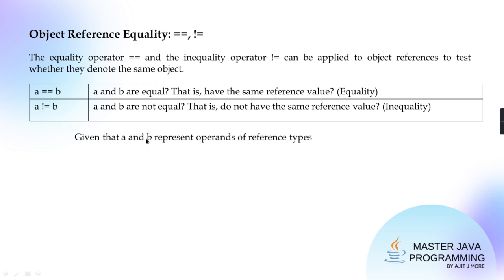Okay? And strictly here A and B are supposed to be reference type. Reference type means class variables, user defined data type, not primitive. Always remember in Java, those which are not primitive, they are reference type. That's simple, na? Java has classified data type only in two categories: primitive type, non-primitive type.